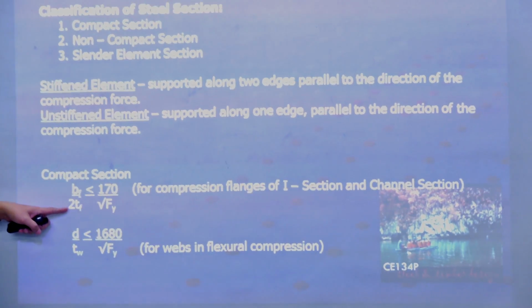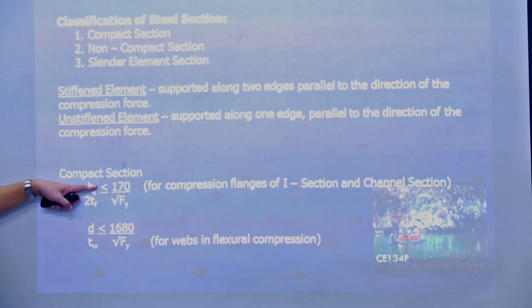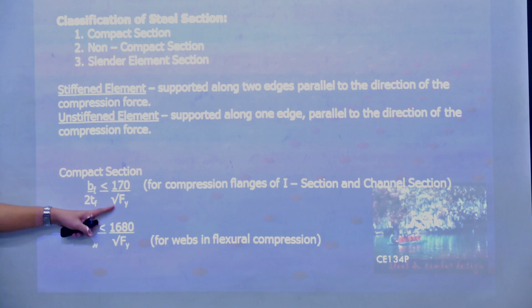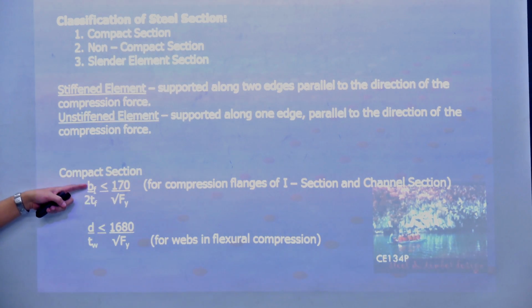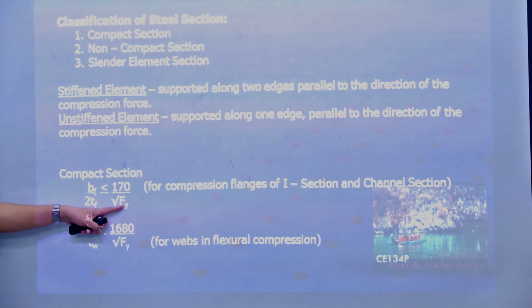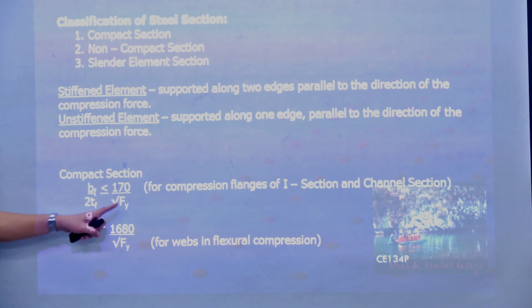Okay, bf over twice tf should be less than or equal to 170 over square root of Fy. So basically, these are the dimensions and property, or the yield strength, of the steel. Okay? Now,